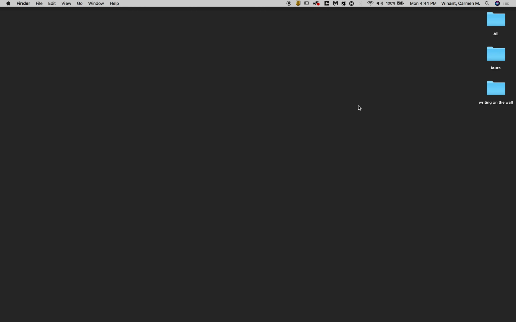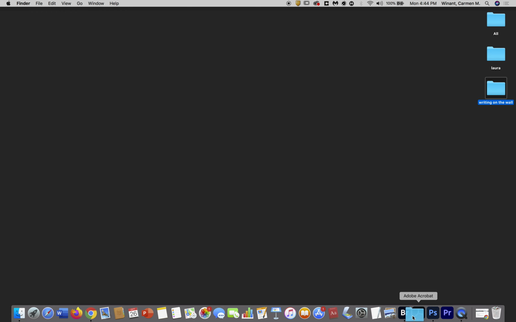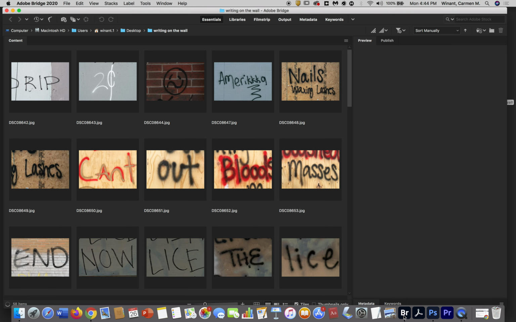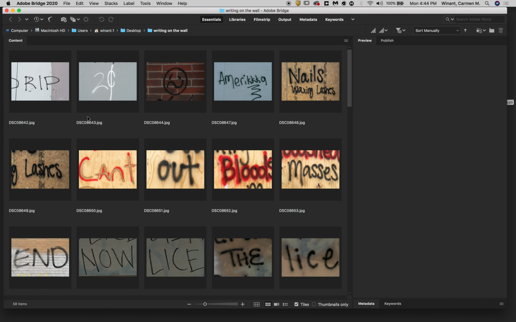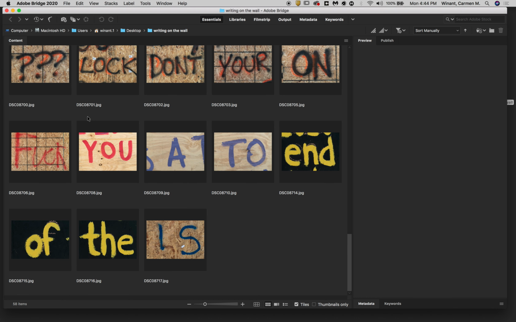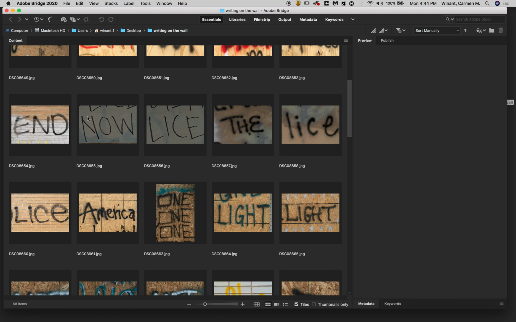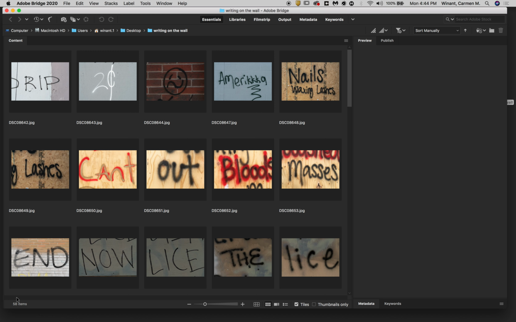Once that is done, you can simply drag your folder directly into the Bridge icon on your desktop, like so. And these are all of my images that I'm going to make into a contact sheet. As you can see on the bottom left, there are 58 different images in this folder that will be composed